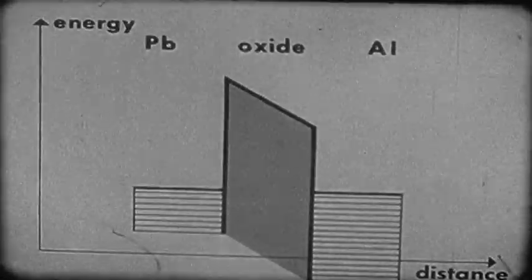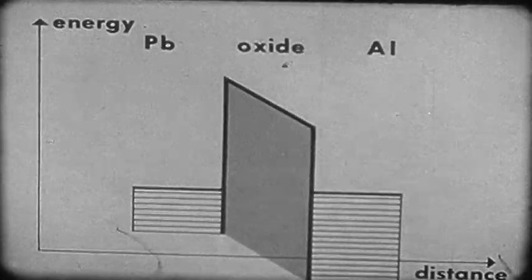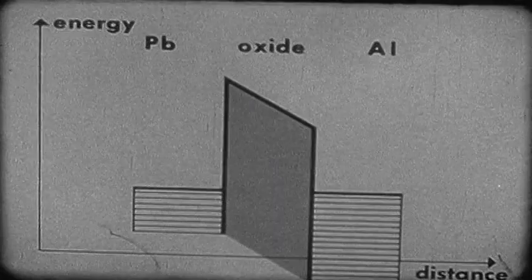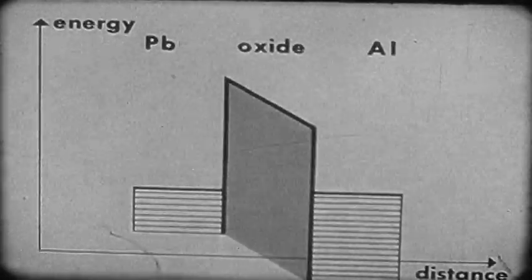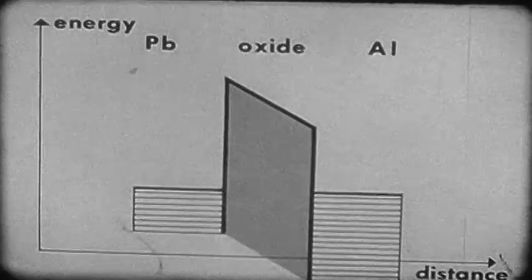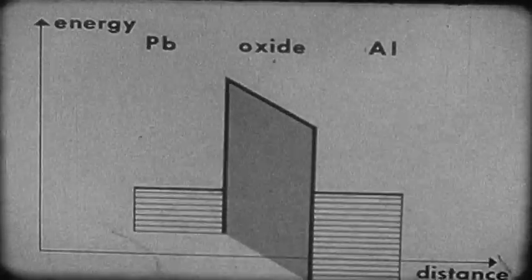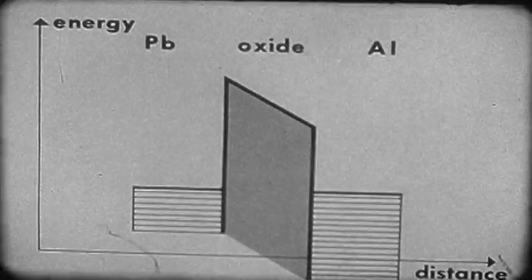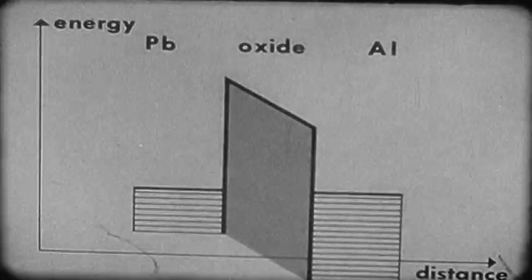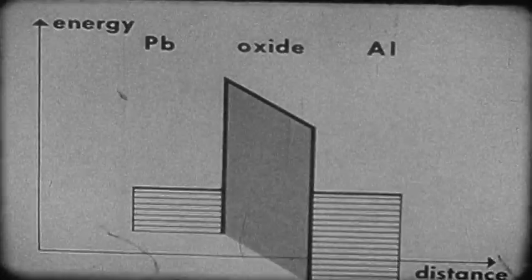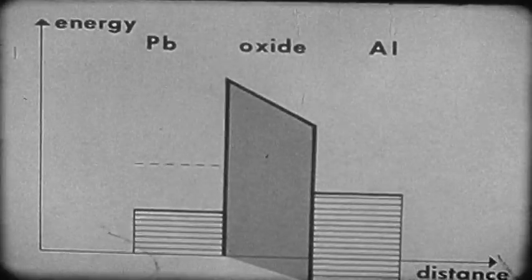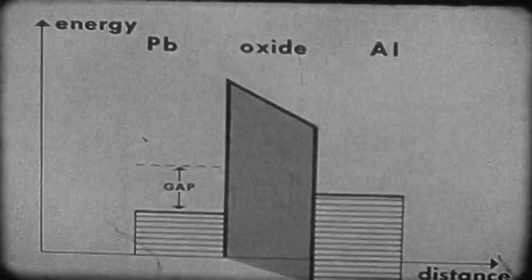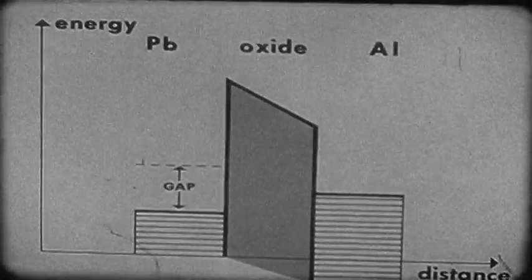As we've shown earlier, this is the condition of the energy levels on either side of the junction when the lead is normally conducting. However, when the lead turns superconducting and an increasing external voltage is applied, there is no tunneling until this voltage reaches about 1.25 millivolts. Hence we conclude, in the lead layer, there are no energy levels available at first. That some energy levels are forbidden to the electrons in the lead after it makes its transition to the superconducting state. To put it in another way, there is a gap in the electron energy levels for superconducting lead.